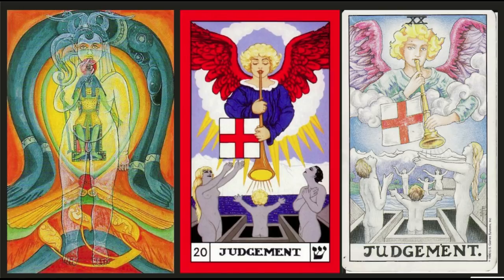Take a look at the card. It's right here. I have two versions of it up here. You have the angel, the trumpet. Here's the flag that he calls the flag bearing the symbol of Osiris. Of course, the symbol of Osiris is going to be a symbol of death, resurrection, and sacrifice. And of course, that's what a cross would represent in this context. Here he has the three people being resurrected, coming out of their graves, and the middle one with the hands